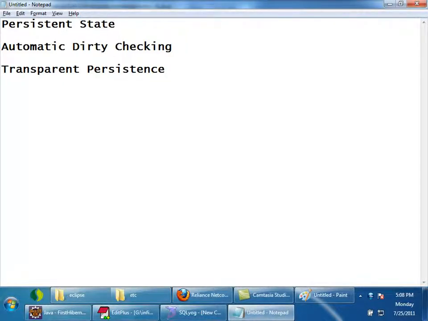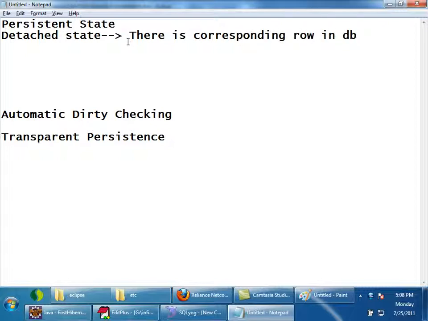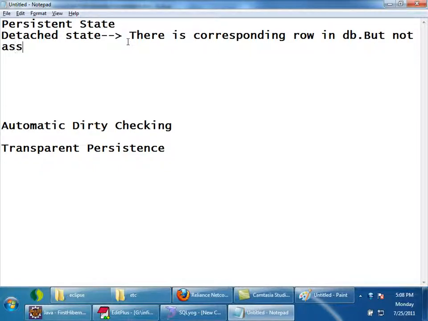So we understood here about persistent state. The next state which I am going to introduce is detached. Detached state means there is a corresponding row in the database, but the object is not associated with any session, right?